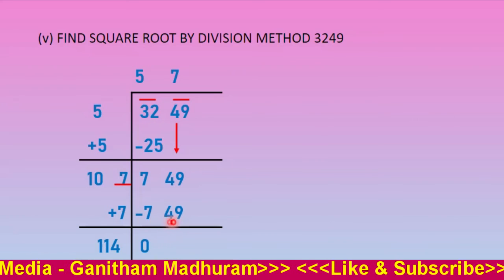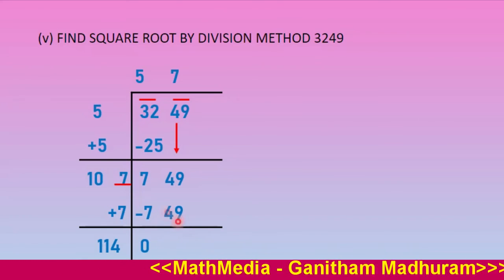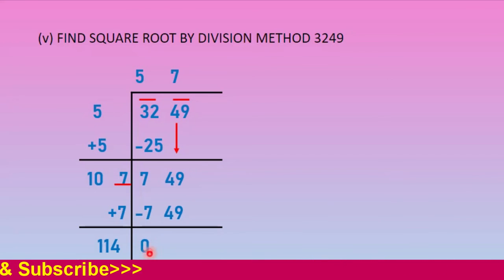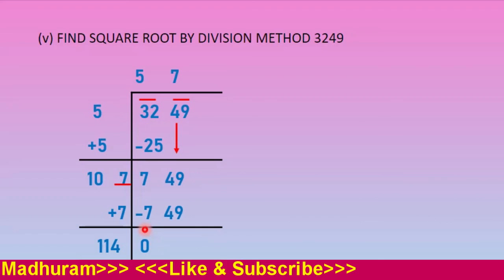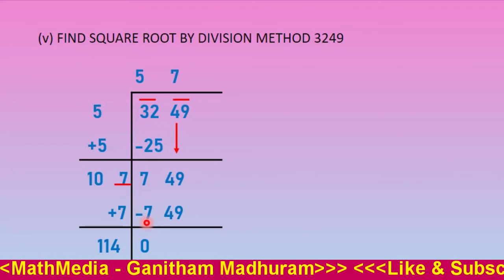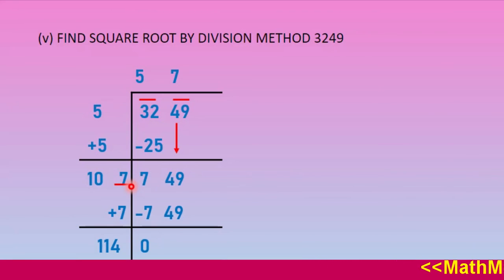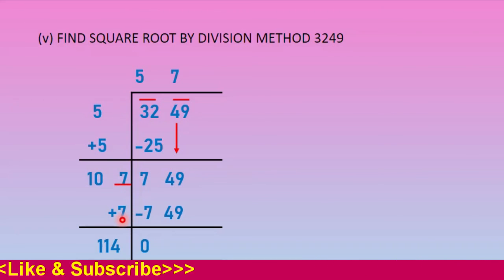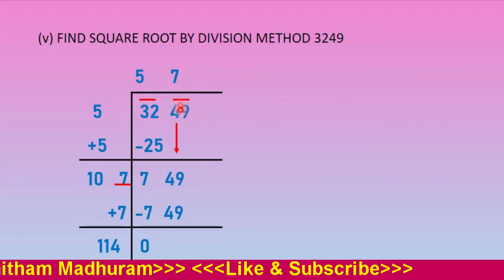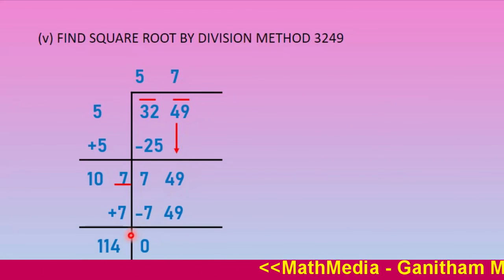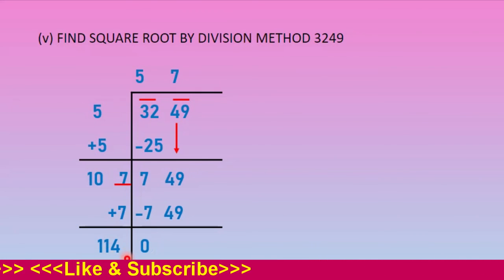So 749 you should write over here and you subtract it as we are doing in the division. We will get the remainder as 0. And the digit we have written in the blank space should be written 2 times. One just below the divisor here and one in the quotient just above the second group. Now we can add the divisor, we will get 114.